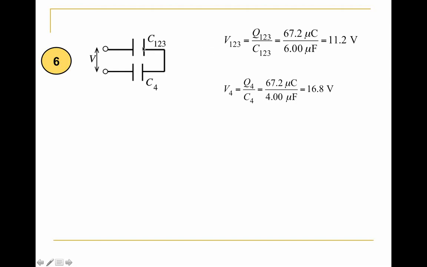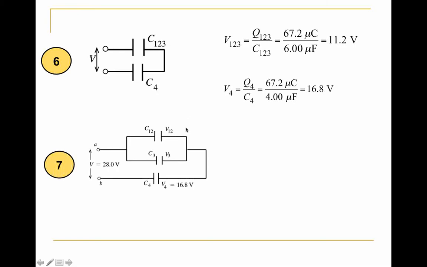So 11.2, and I know their total charge. So what does that mean? That means this combination with C12 has a voltage of 11.2 across it, and this one here is 11.2 because they are connected in parallel. So if I know C3 and I know V3, I can get Q3, right? And what am I left with? I know the total charge on these is